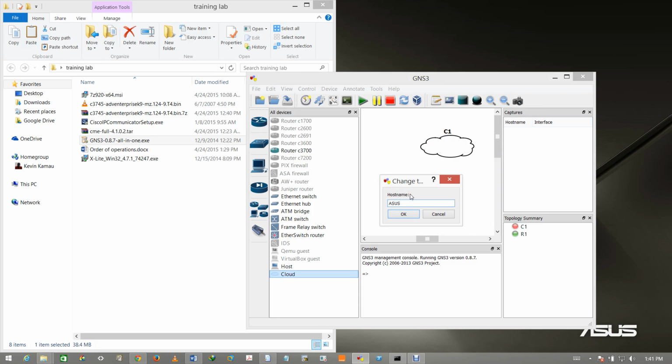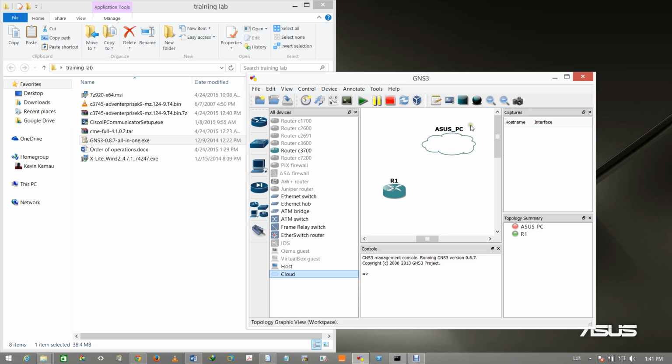I can name this Asus PC. Asus PC. Now what I want to do is, you see this router is inside